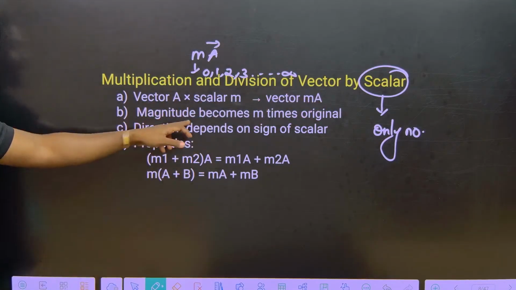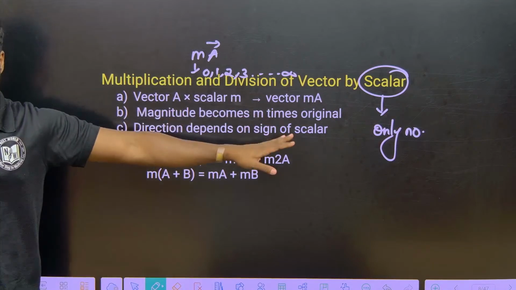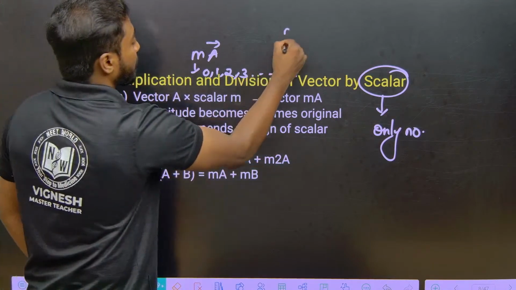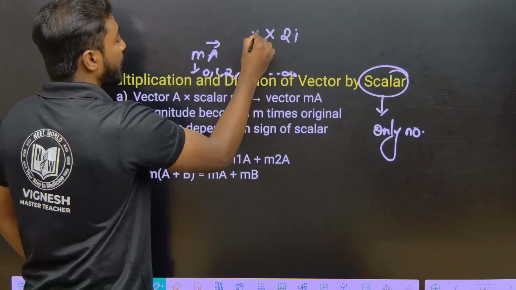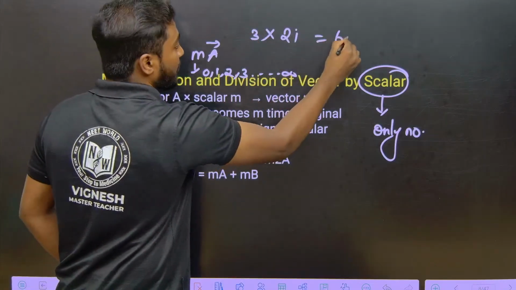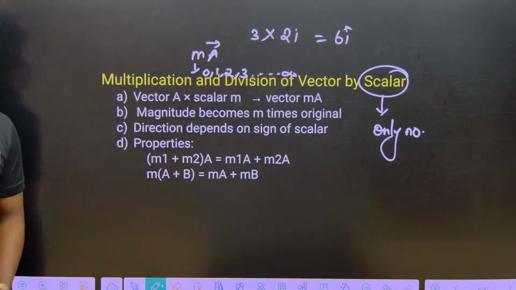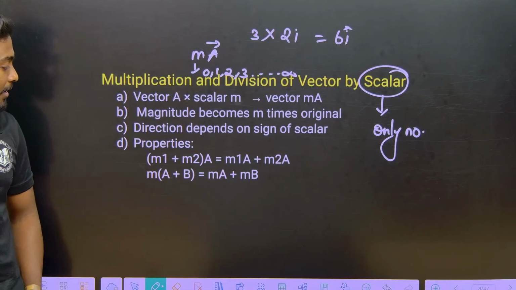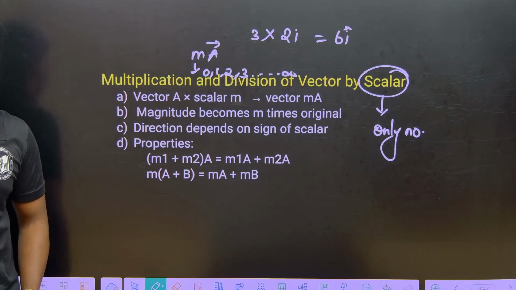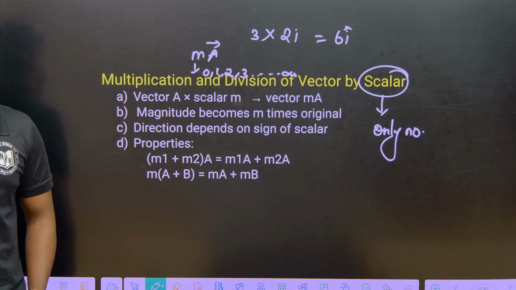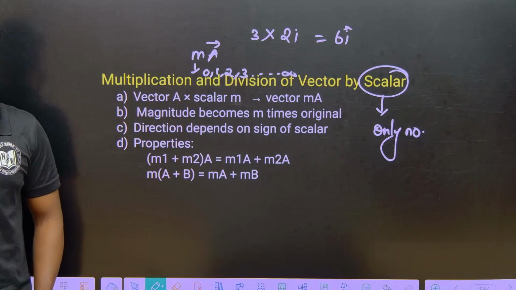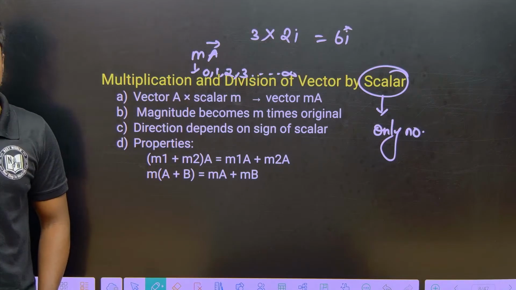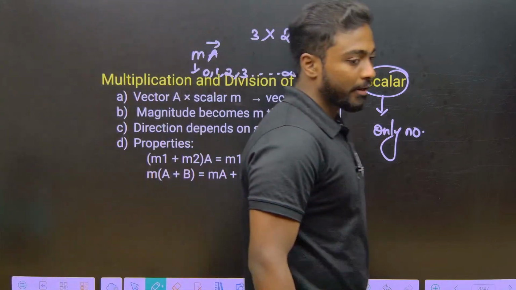Next, the magnitude becomes m times the original. Like if I consider this is 2i, if I multiply by 3, it will become 6i. So 3 times the original. The properties are like (m1 plus m2) of a vector is m1a plus m2a, and m times (a plus b) is ma plus mb. Okay, if you want you can take down